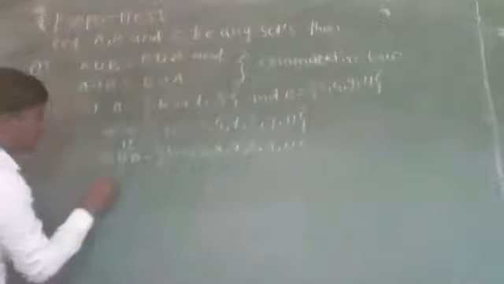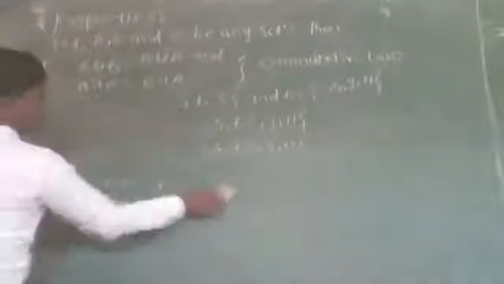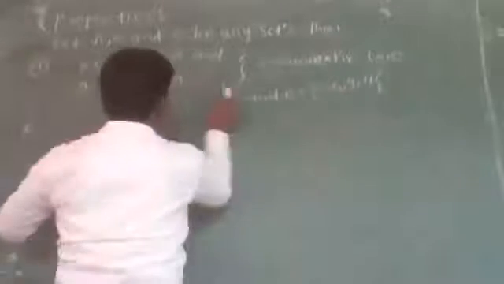And A intersection B: there is no element common between A and B. Therefore, A intersection B is the empty set, and B intersection A is again the empty set. Then the commutative law holds. So the first property is proved. Now the second one is